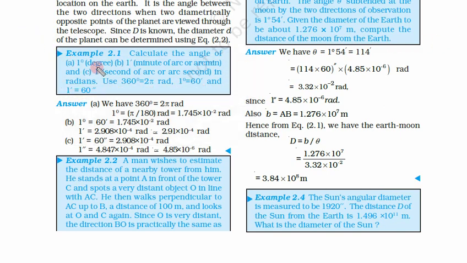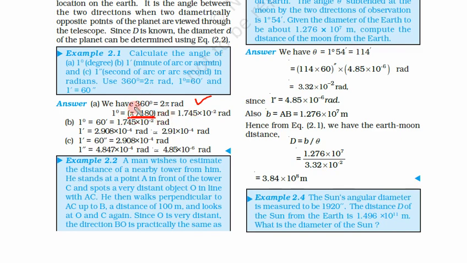This is very important: in physics, especially in class 11th and 12th, we must solve each and every numerical problem, because this will enhance our understanding of physics. So first, 360 degrees is equal to 2 pi radians. Now if we divide this equation by 360, 1 degree is equal to 2 pi upon 360, that means pi upon 180 radian.